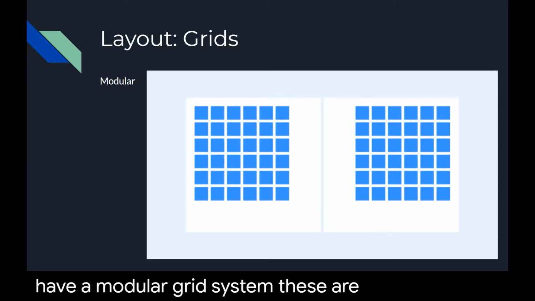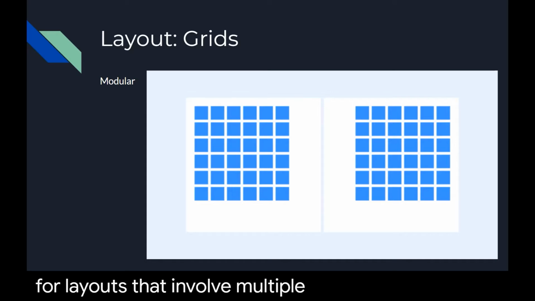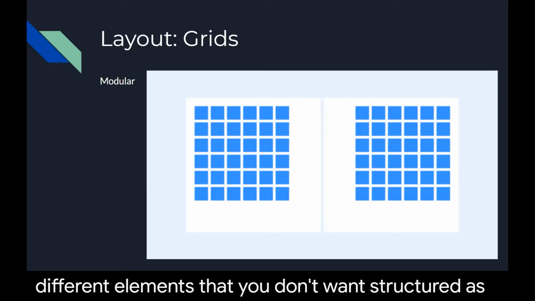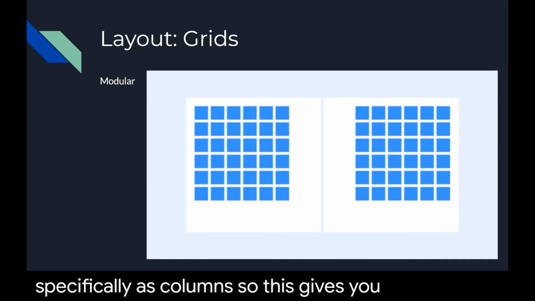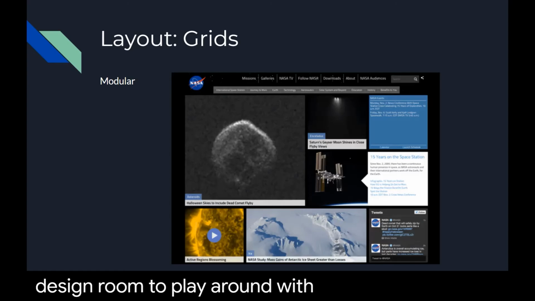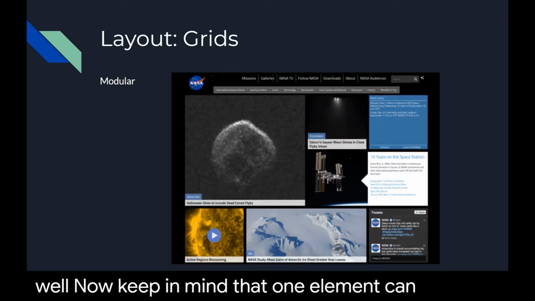These are very common for layouts that involve multiple photos and a lot of different elements that you don't want structured as specifically as columns. So this gives you a lot of design room to play around with. Modular grids are also very popular for the web because, again, they allow for multimedia content to all fit together very well. Now, keep in mind that one element can go across